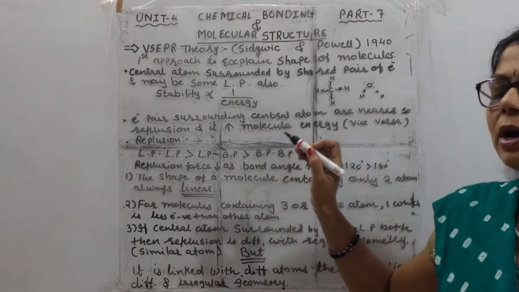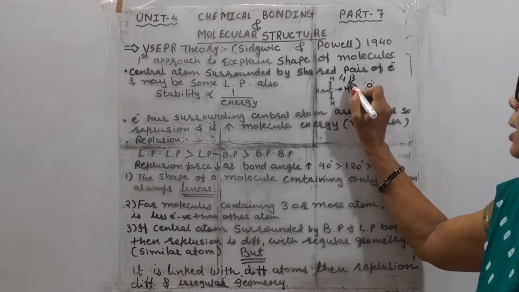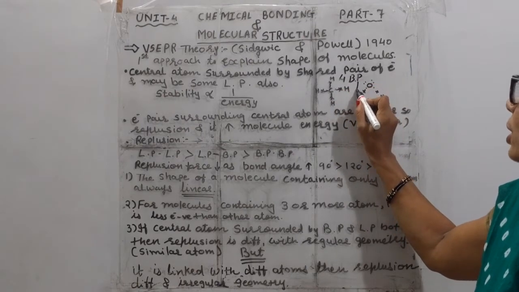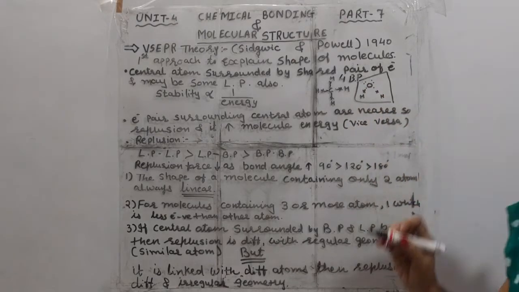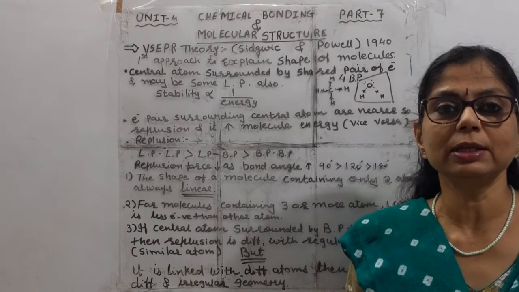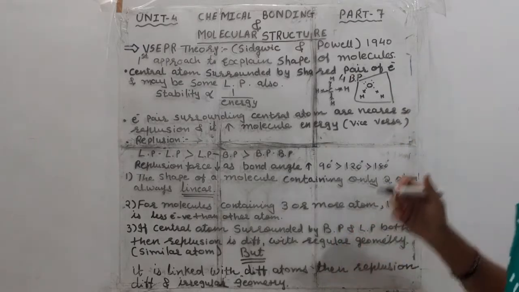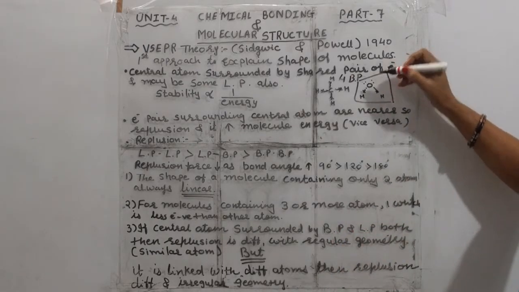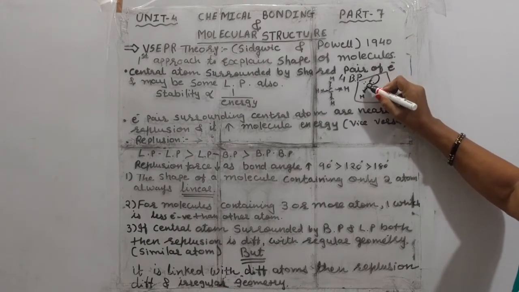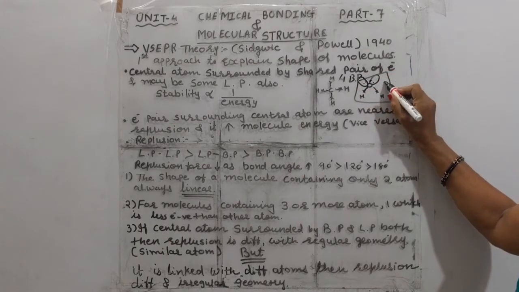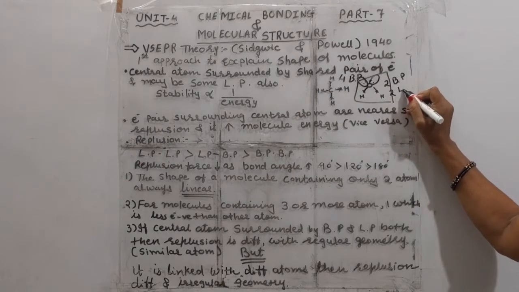So 4 valency of carbon and all the 4 are bond pair. Here all 4 are bond pair. Now here you can see about the water, H2O molecule. As you know, the oxygen is having the 6 valence electrons, and from that the 2 electrons are bonded with the hydrogen. So 4 electrons are remaining. So here for this oxygen we can say that 2 bond pair and 2 lone pair.